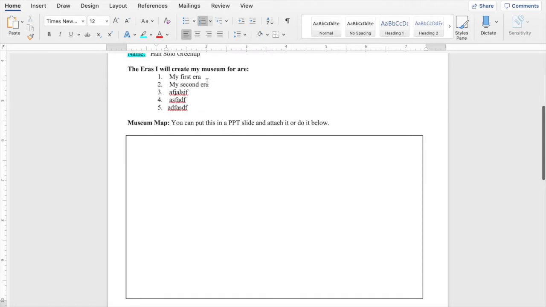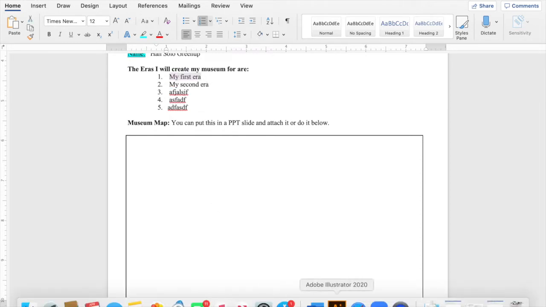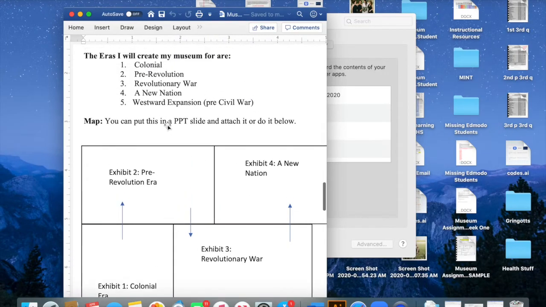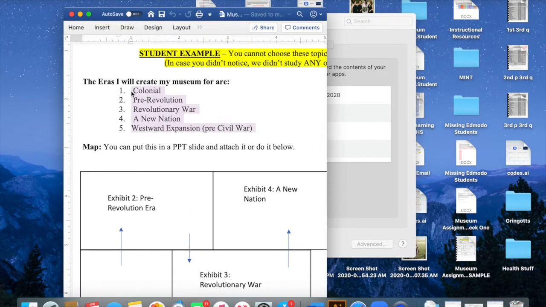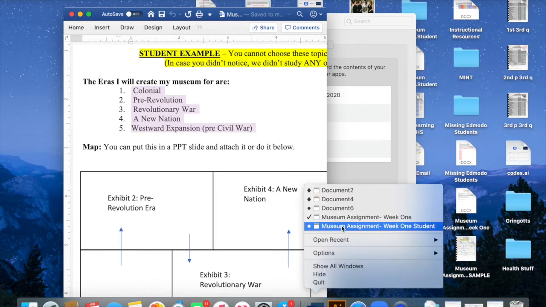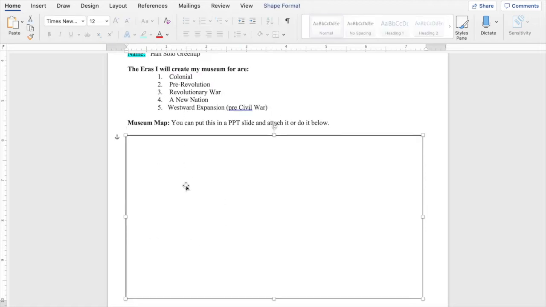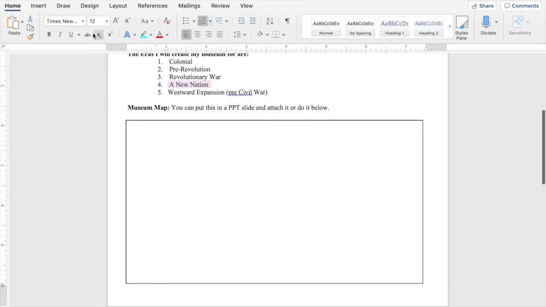All right, so now I need to create my first era museum section, right? So here we go. Now I'm going to copy and paste these so that it's easier for me. This is where you are going to type in your eras, okay? So my first thing for my museum map, and we'll get to the PowerPoint part later if you want to do that,